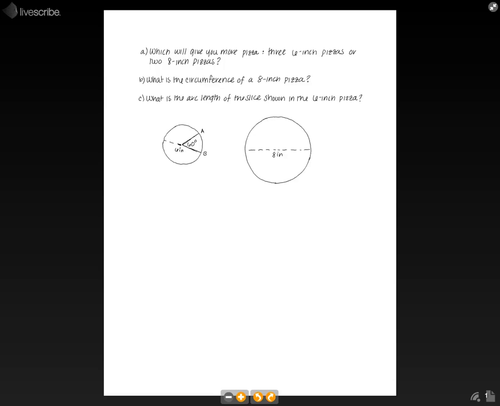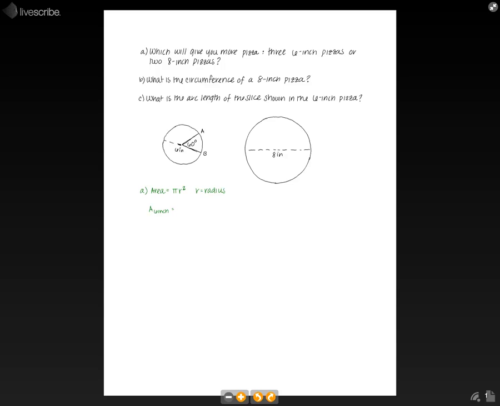Alright, so let's start with Part A. In Part A, we're going to be using area. So we need to know that the area of a circle is pi r squared, where r is the radius. Alright, so first let's deal with the 6-inch pizzas. So the area of a 6-inch pizza,